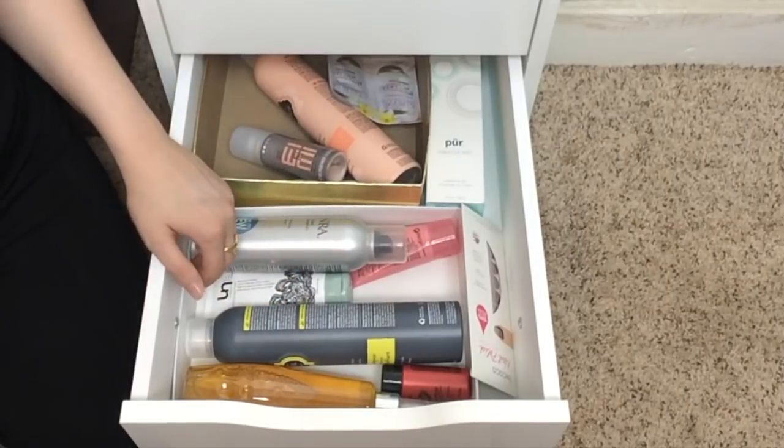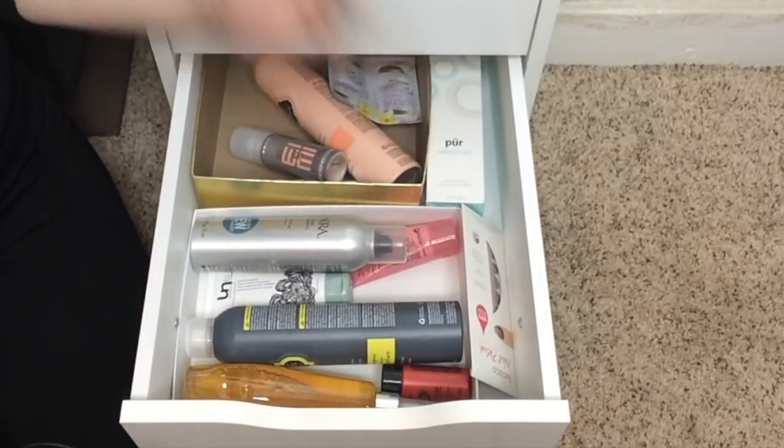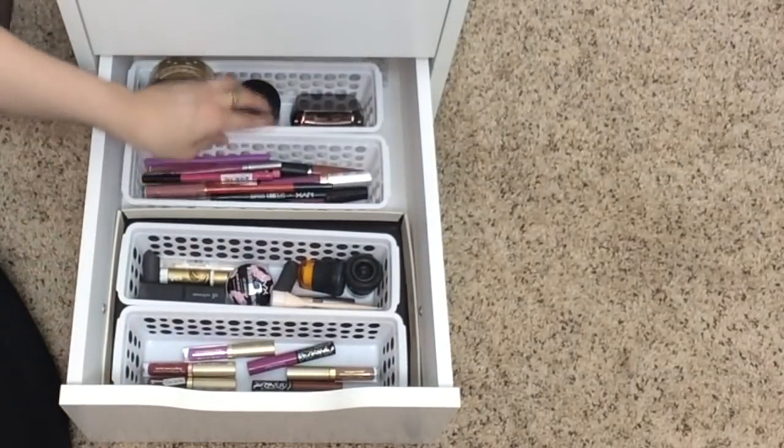Even when I try to style it, it just kind of falls straight again. So I don't have a lot of hair stuff. It's all dry shampoo basically. And then this very bottom drawer is all of my lip products, and I just have, well, I do have